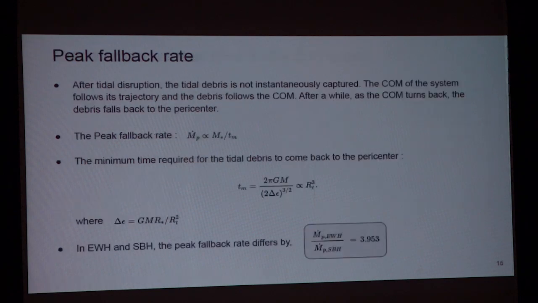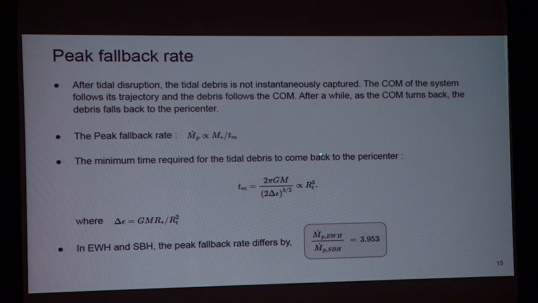And then we calculated the peak fallback rate, because after tidal disruption, the debris is not instantaneously captured. The center of mass follows the trajectory and the debris follows the center of mass. After a while, the center of mass turns back, the debris falls back to the pericenter, and you can calculate, with approximate analysis, the minimum time